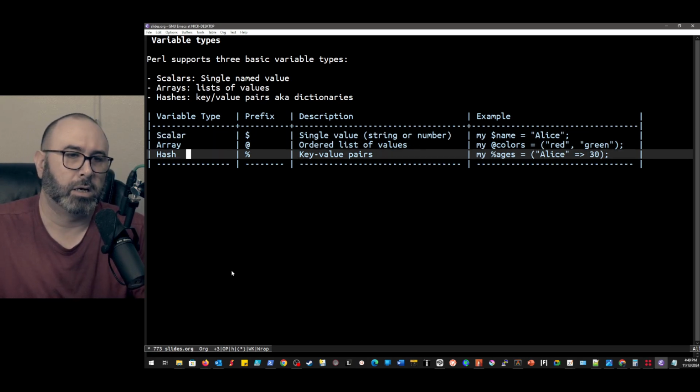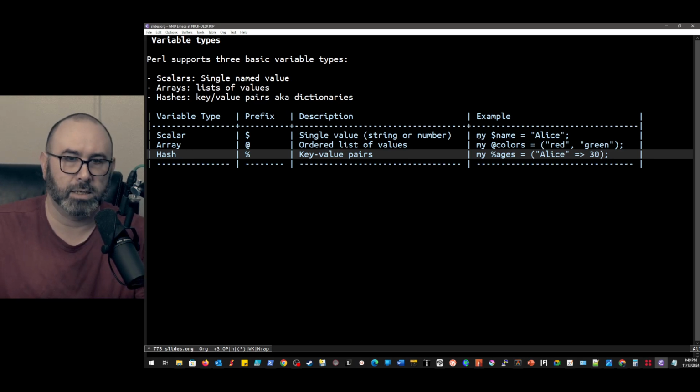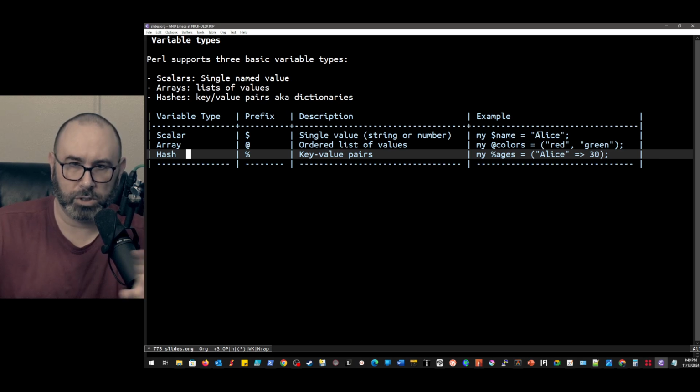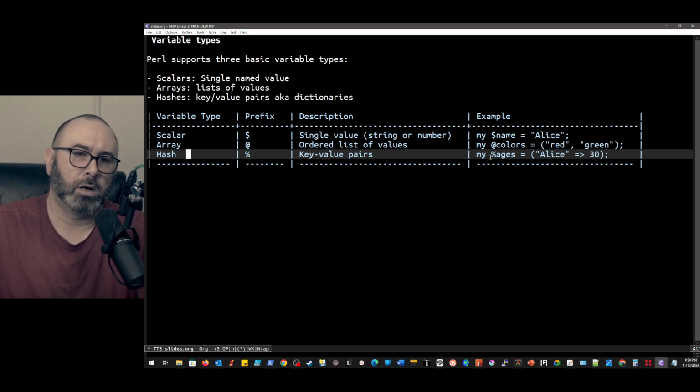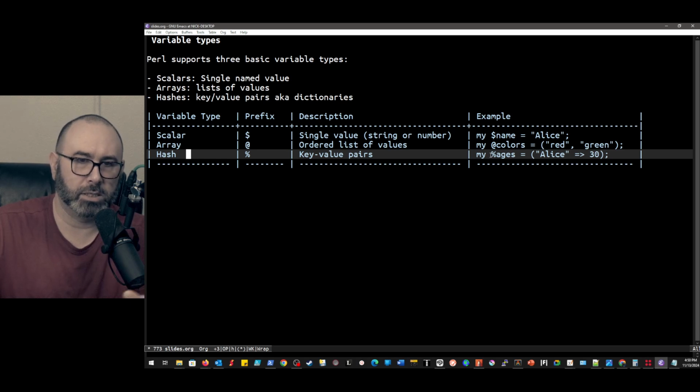And then to define these, we're keeping the my syntax in here to define local variables in our current scope. So my $name equals some value, @colors equals parentheses, and then we have a list of the values separated by commas. We then have things like a dictionary in the next line, where we're looking at my %age.